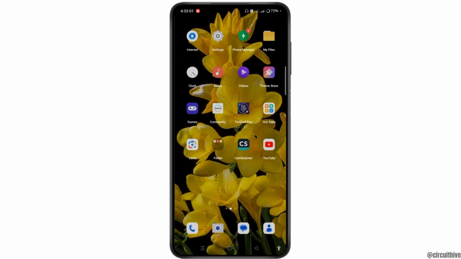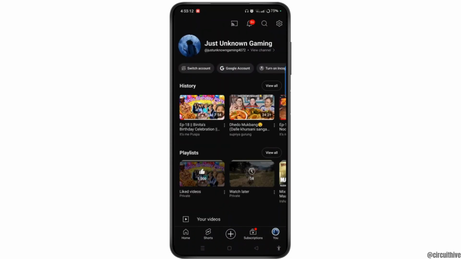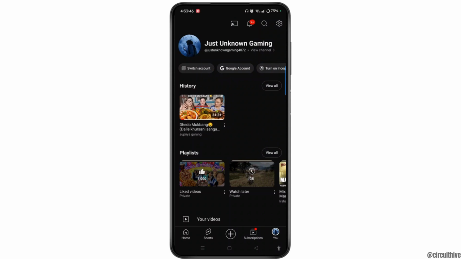Simply open the YouTube app on your device. Make sure you have logged into your particular account on your device, and tap on the profile at the bottom right corner of the screen. In this section, tap Google account at the top of the screen, and the Google account section